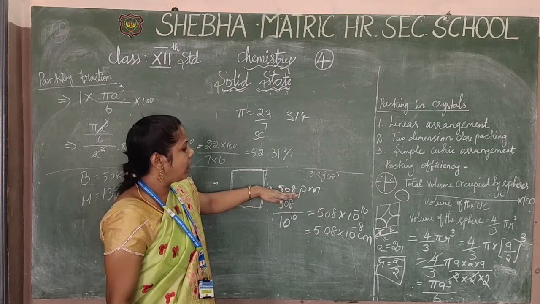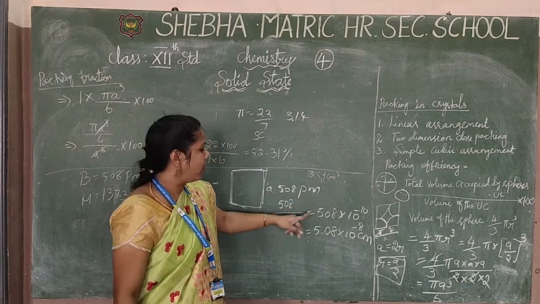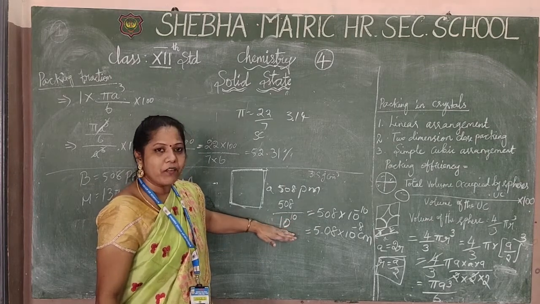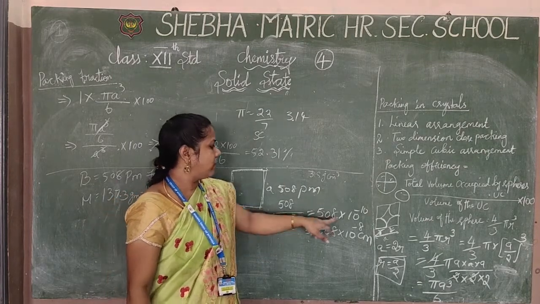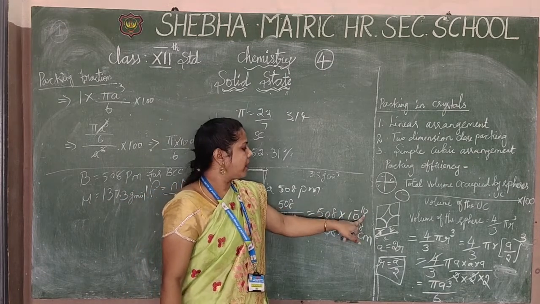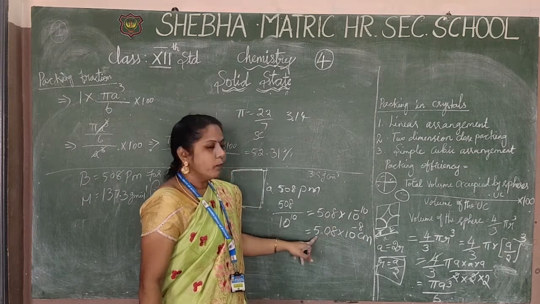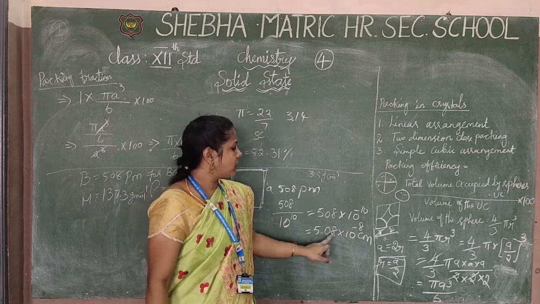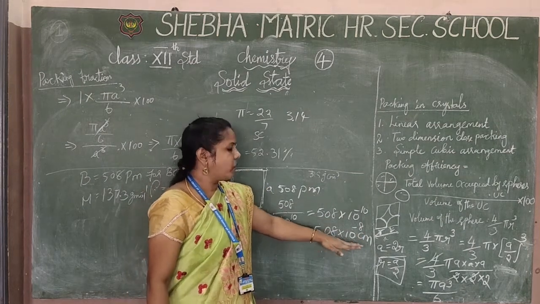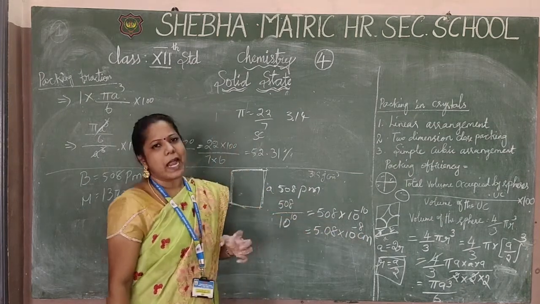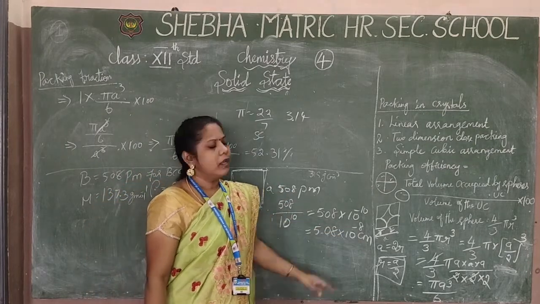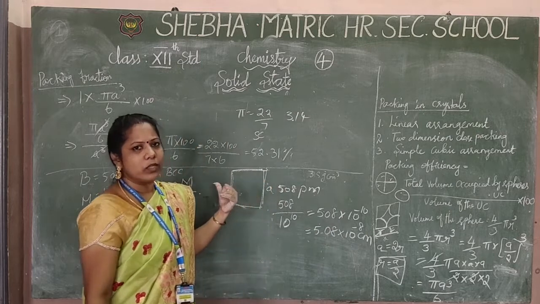So to convert the parameter into centimeters, what will we do? You have to divide it by 10 power of 10. Okay, 10 power of 10, when it comes in multiplication, the power changes to minus 10. In this minus 10 you have to move the decimal by 2 digits. So obviously minus 2, so minus 8. Okay? In this term, very important, we cannot calculate from this parameter directly. So you have to convert into centimeter.